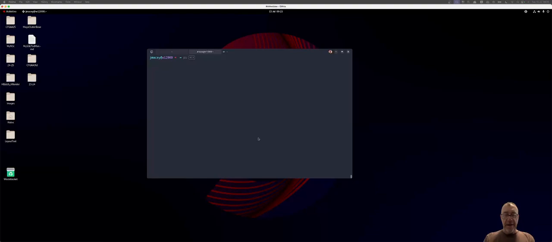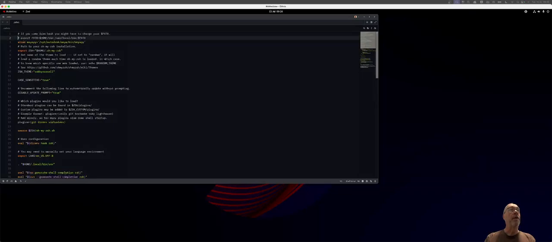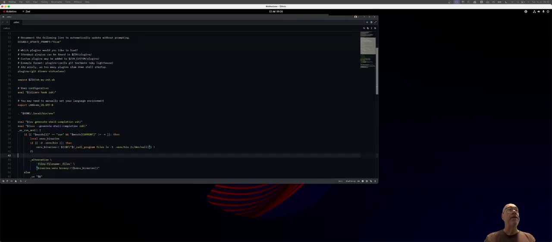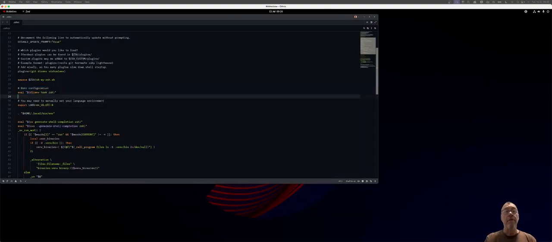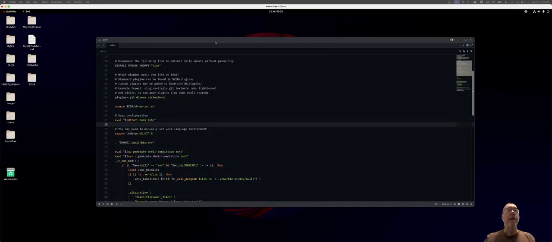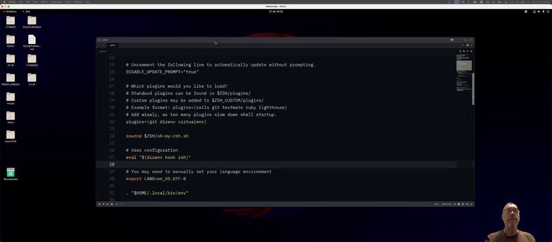So this basically is my version that I use on all my machines. You can see there's a few aliases in there. It's setting up the default themes and elements like that. But in particular, what it's doing is setting up a few elements to do with direnv. So setting up direnv hooks so that when you're using direnv,